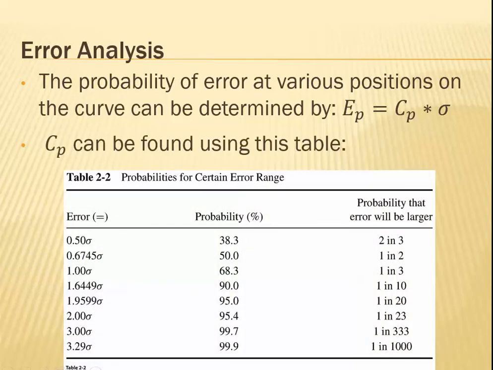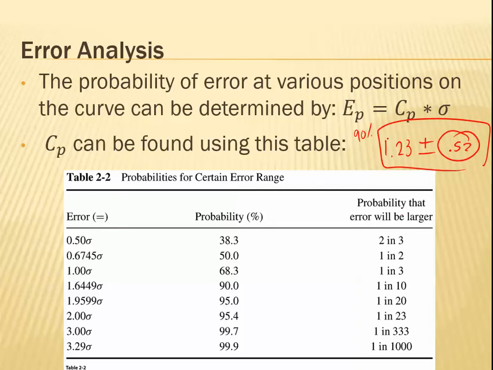So this is going to make more sense when we see an example, but let's say that I want to know probabilities for certain error ranges. This is going to help me find an error range. Whenever you make some sort of measurement, and it's 1.23, it could be 1.23 plus minus a certain number, and you're going to say there's a 90% probability that this is accurate. So if you want a 90% probability that this number you came up with, let's say 1.23 plus minus